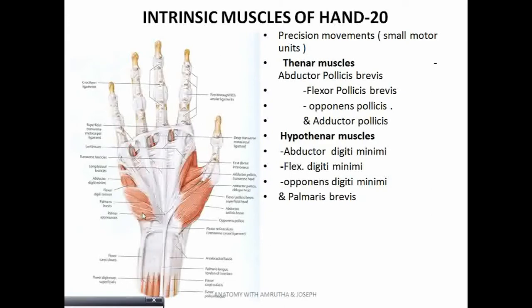They are abductor digiti minimi, flexor digiti minimi. In between this, another muscle, that is opponens digiti minimi. So opponens digiti minimi is lying deep. So that is placed here in between this. We need to cut these muscles to see the opponens digiti minimi. Another muscle which is lying in superficial fascia, palmaris brevis. Let's see other muscles.